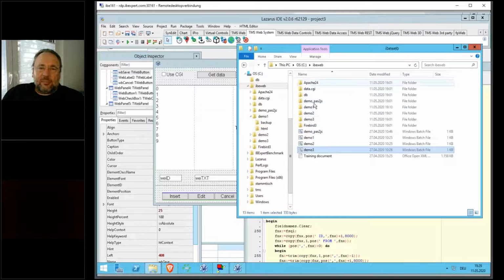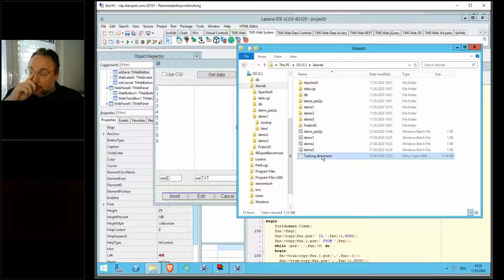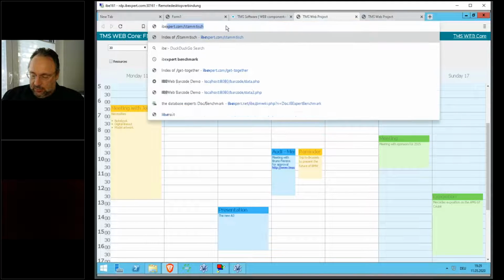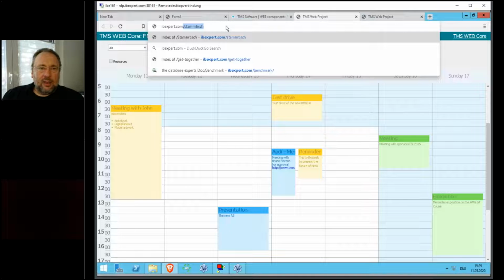based on the script and based on the training document, if you start with that, you will definitely be sure that in the future you are not forced to change from that current project environment to a different one, because I still believe that it is one of the technologies for the future. Why do I believe so? One of the test projects that we always did is, for example, IBExpert.com,